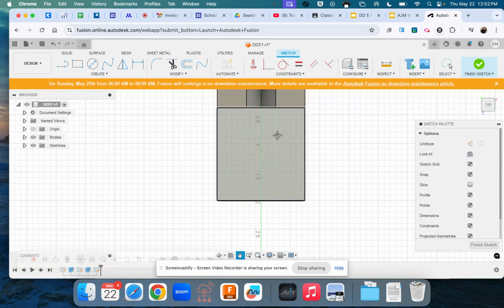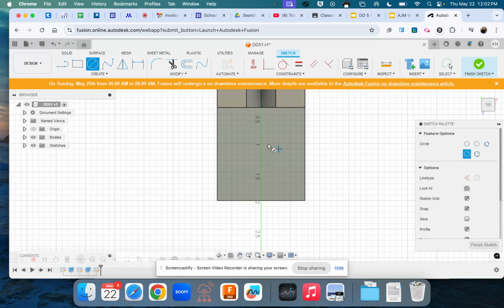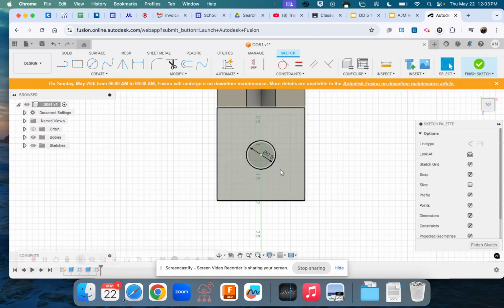And it is 1/2 inch in from each side, and the circle is 1 inch from the bottom. So let me draw my center circle. And we decided the center circle was 0.5 diameter, and it's 1 inch from the bottom, so